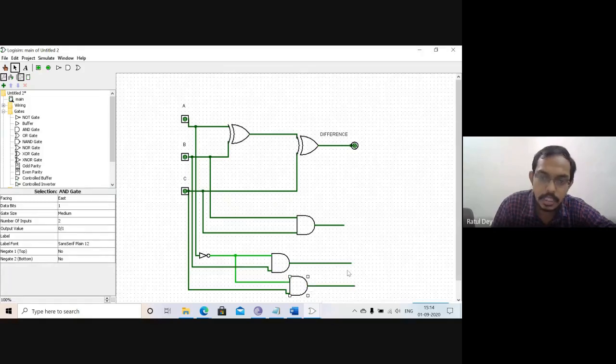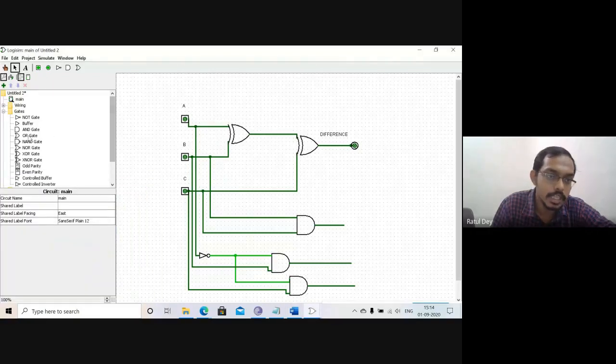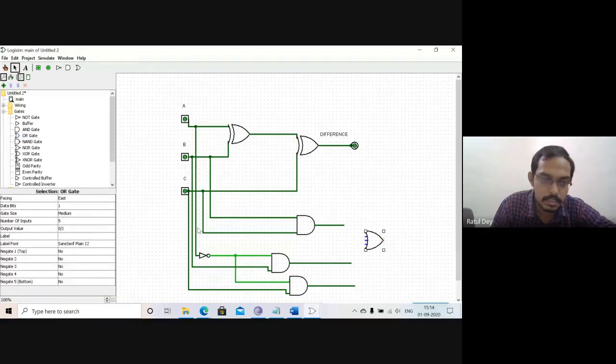After that there is the OR operation. You can see that in this expression there is a plus sign, which means the OR operation. So we take the OR gate and connect the first two.